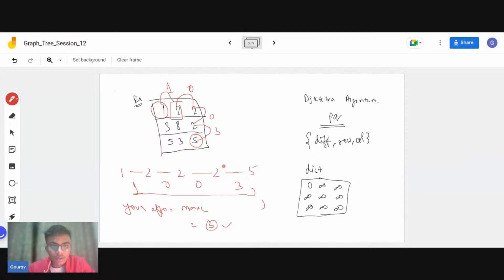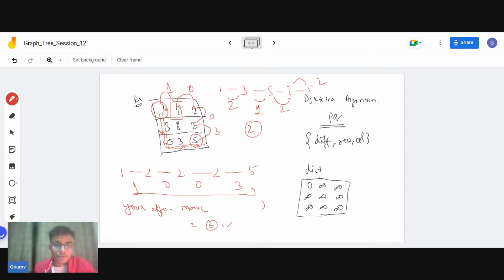Okay, so let us look into it again. Now let's say I am moving from node number 1 to node number 3, from node 3 to node 5, from node 5 to node 3, and again from node 3 to node 5. If I'm taking this path, what will be the difference? From 1 to 3 to 5 to 3 to 5, this difference is equal to 2, this difference is equal to 1, this is equal to 2, and this is again equal to 2. So the maximum difference is 2. So the effort will be 2 if you are following this path.